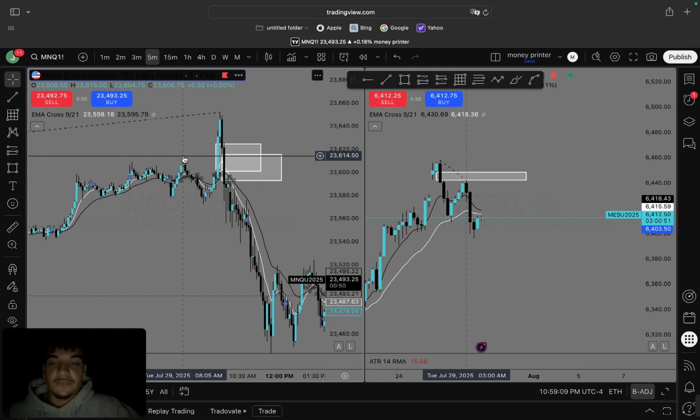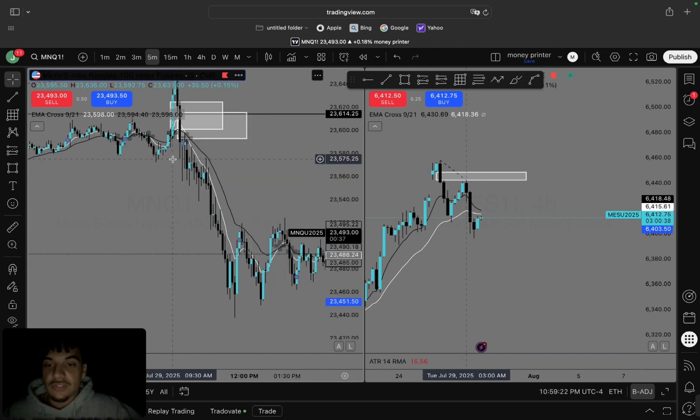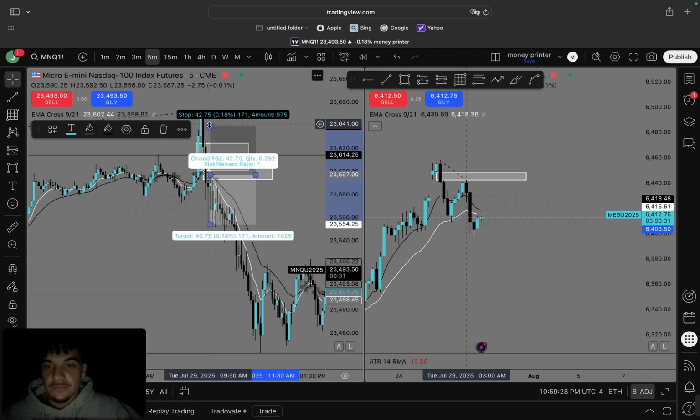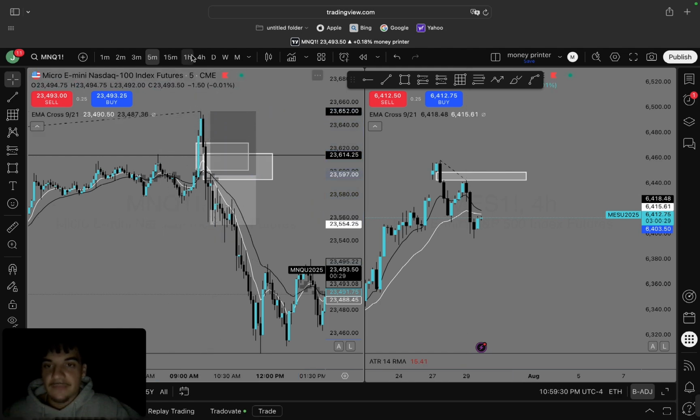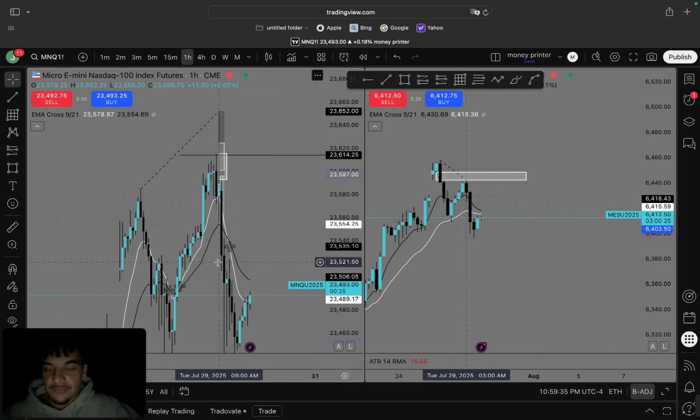So like I said, the first 20 minutes is going to be false breakouts, false moves, and market manipulation, right? You can see right at open, which is in the first 20 minutes, we manipulate to take out this high, and then once we enter the macro, we start expanding towards the next draw, right? So we could place our entry here, short, stop at the high, and then I'd more than likely be targeting,